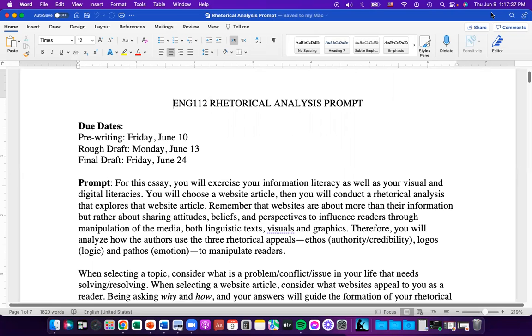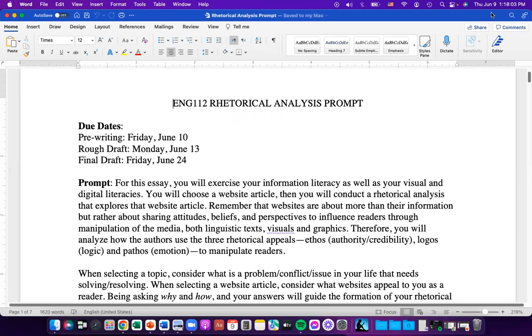the rhetorical analysis. And remember, you're going to be doing some pre-writing tomorrow, and then you are going to be composing your rough draft by Monday. Remember, we are moving at a quick pace. This is an 8-week course, so normally we would take twice as long to do these essays. However, because of the nature of this course, we're shortening it, so make sure that you manage your time like